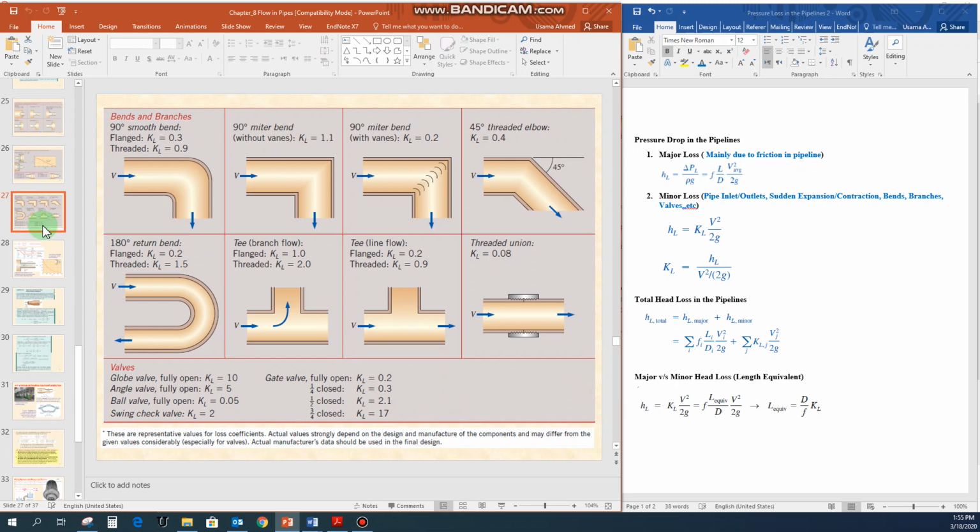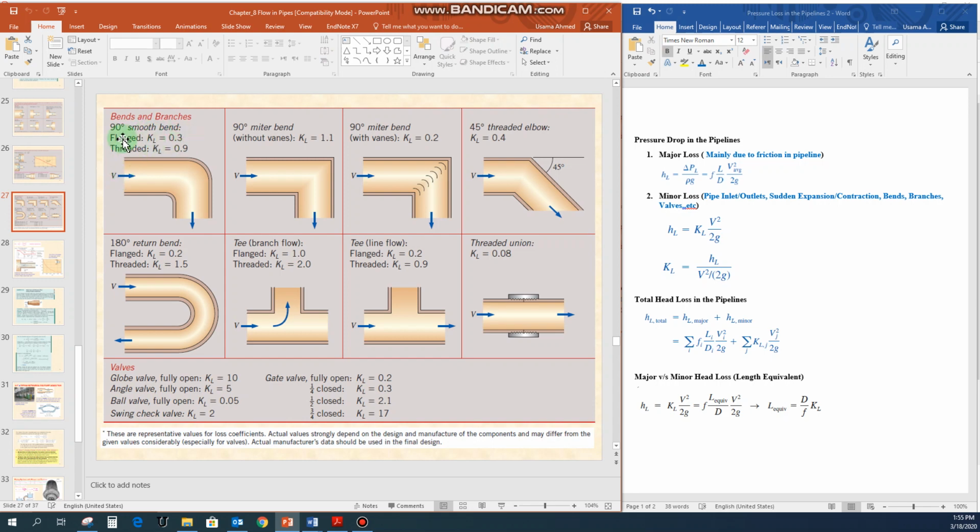Now let us see if we are dealing with some kinds of bends and branches in the piping systems. There could be different kinds of components that you can attach on the pipelines for connecting the pipelines, or to change the direction of the piping systems. Okay, so if you are dealing with the 90 degree smooth bend, so the value for the KL, it will